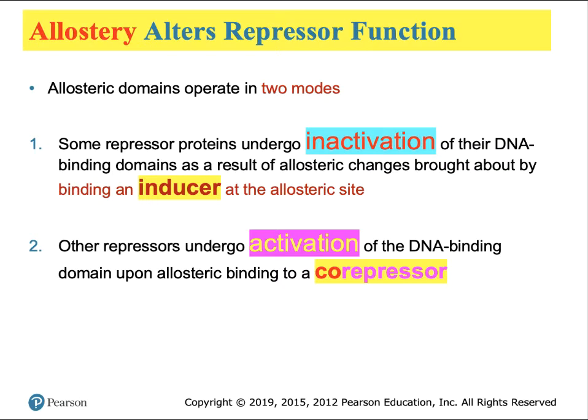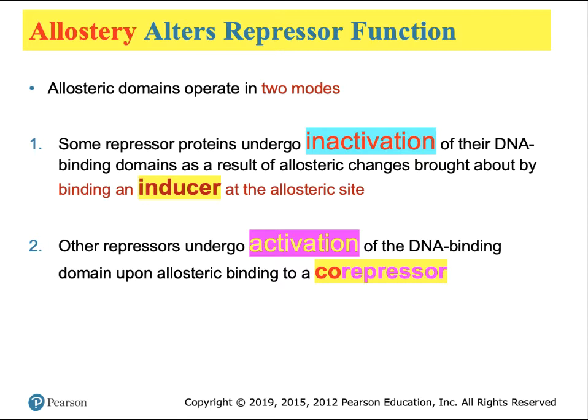The general principle of allostery allows proteins of different classes to behave in one of two ways. The first mode is, as we just discussed, the binding of something to the allosteric site causes the DNA binding domains to alter and the protein to release the operator or regulatory region. The molecule that bound to the allosteric site or the allosteric domain has a name. It's called the inducer because binding of the inducer causes the induction of the change in the protein.